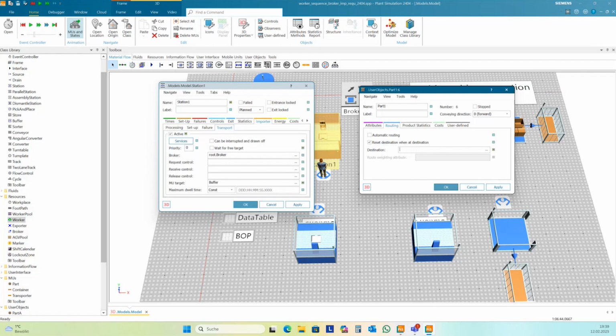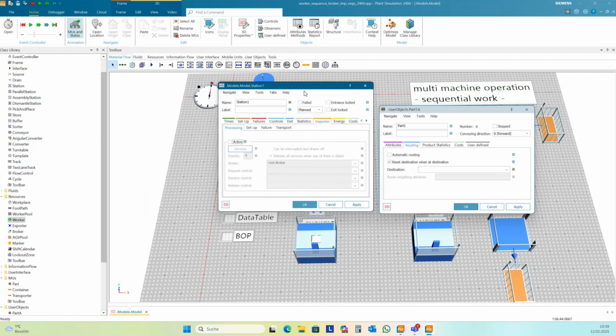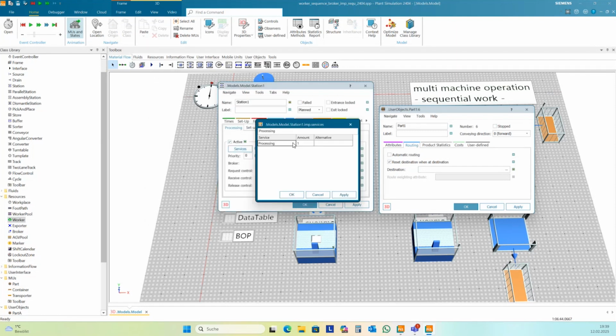You can have several operators here, two different operators, not really difficult. You only need to set two services here. It's for transport not possible if you have activated processing here. And here in services, you can set two different services with the amount of 1 and 1, and then you need both of these services to start the operation, but it will take the complete processing time.